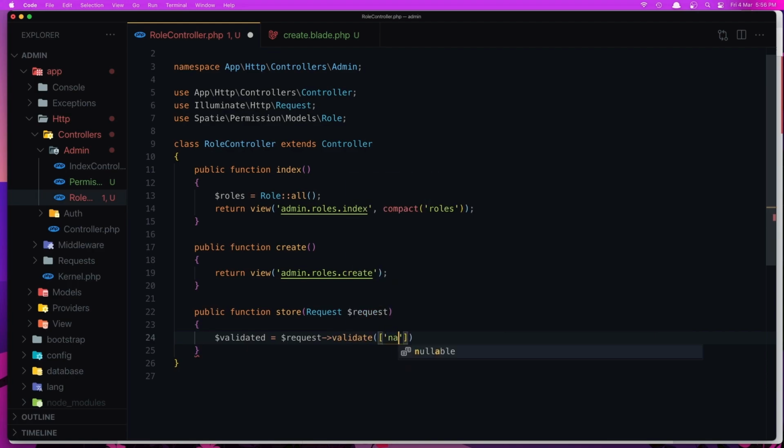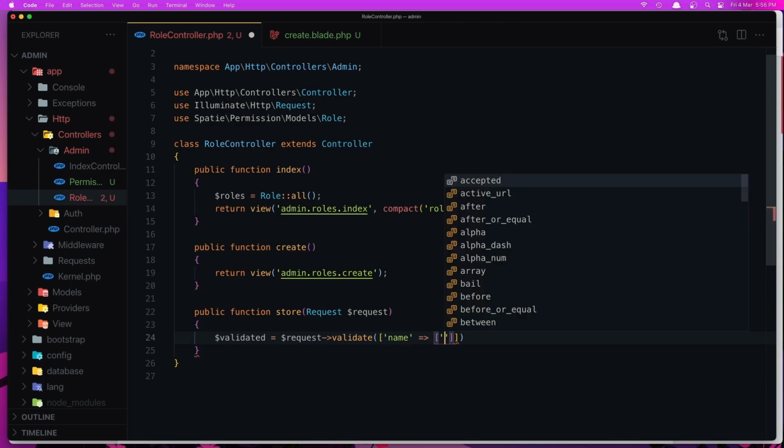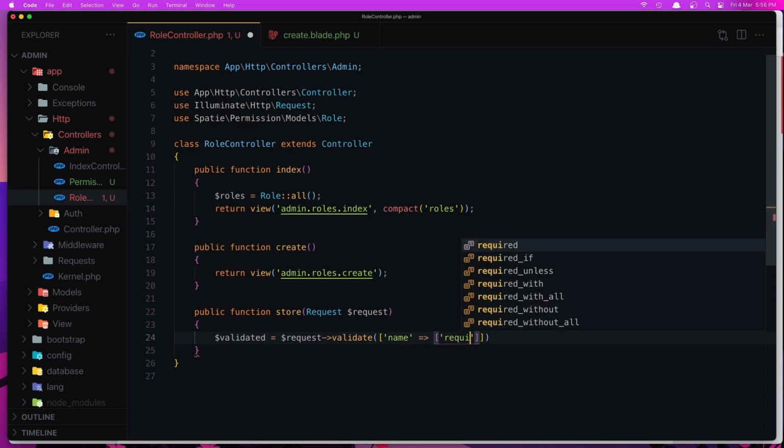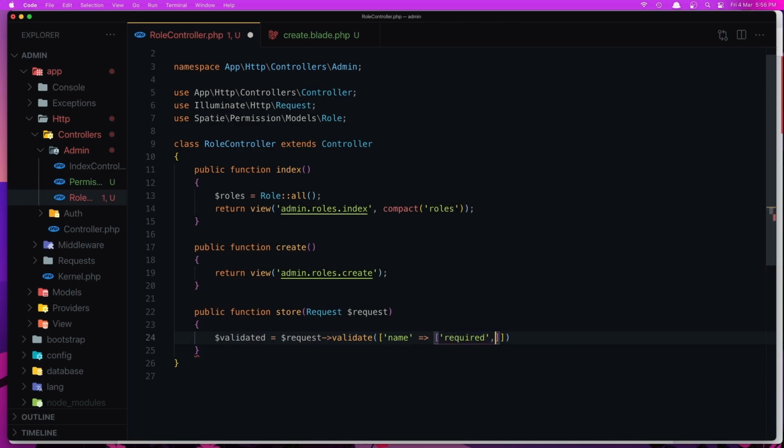Validate the name. We have only the name here, so let's say name is going to be required, and also minimum of 3 characters. Okay, and